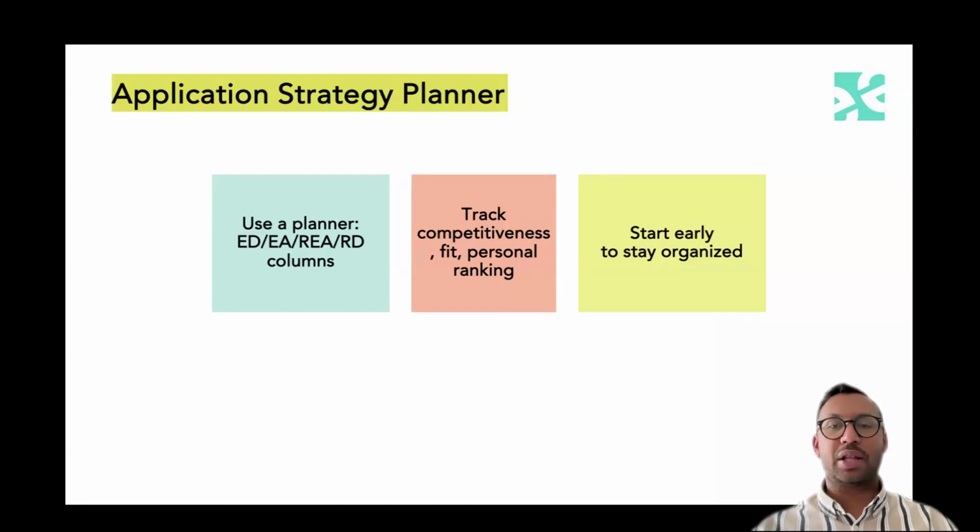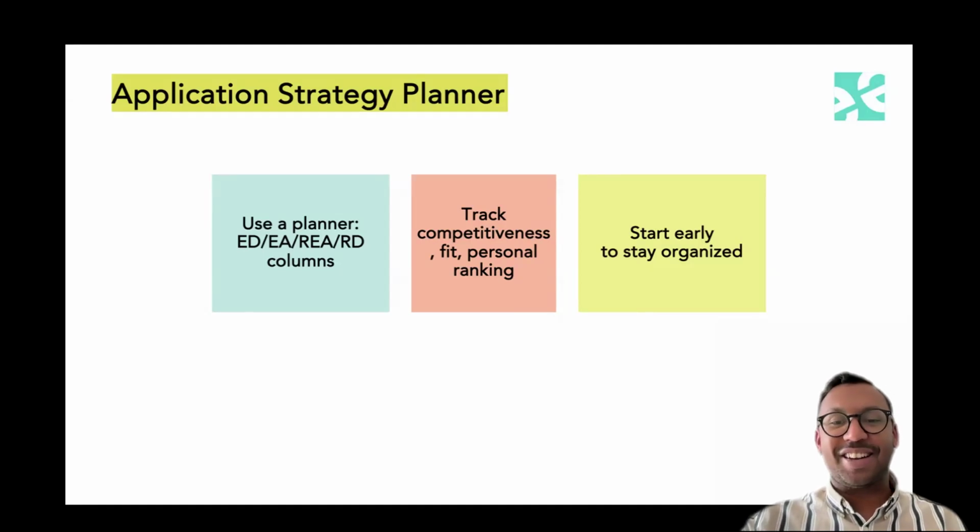It's also important to track the competitiveness of the schools that you are applying to, the fit, and develop a personal ranking. I know that there are great resources out there like US News, Times Higher Education, but I personally believe that those are just guidelines and, again, objective data in certain instances. But it's really important for a student to think about, what am I looking for in a university? And as a parent, guiding them through that process of discovery and developing a personal ranking that aligns with their values, their ambitions, their interests. I think that is really important.